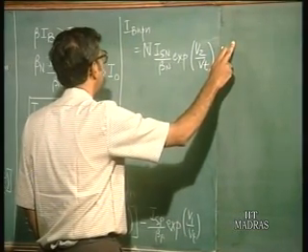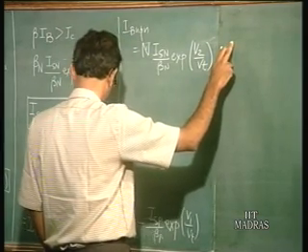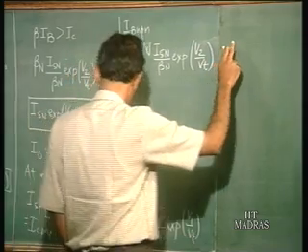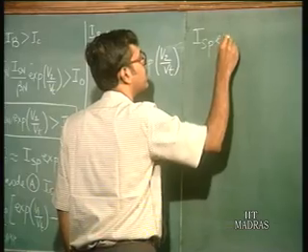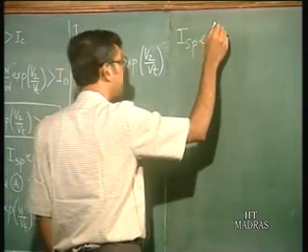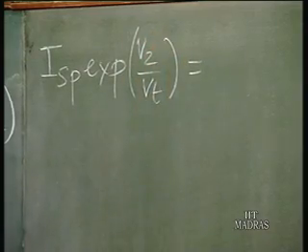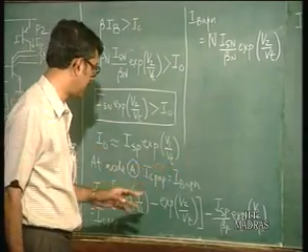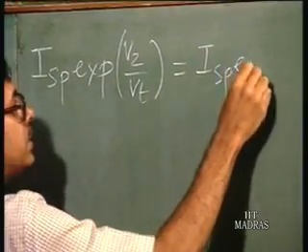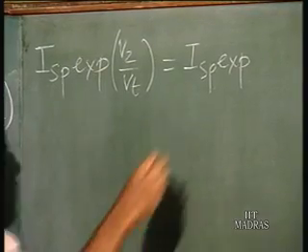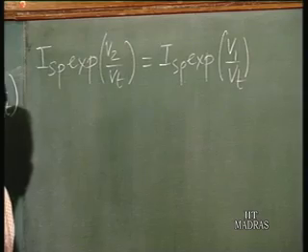Finally, you can write ISP exponential V2 by VT is equal to, taking this term on one side, ISP exponential V1 by VT minus